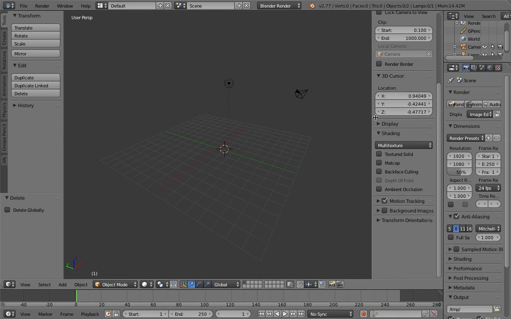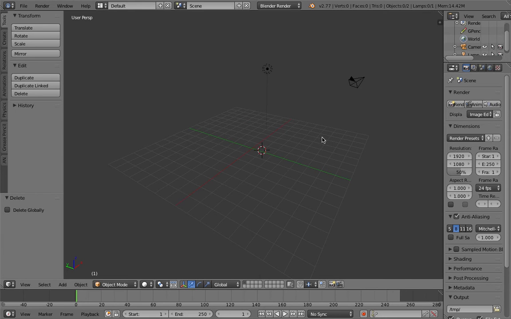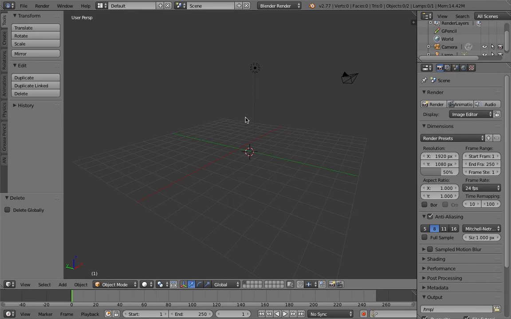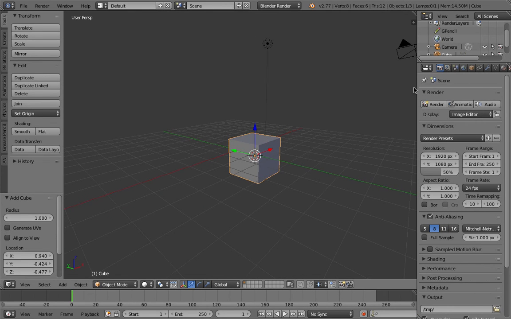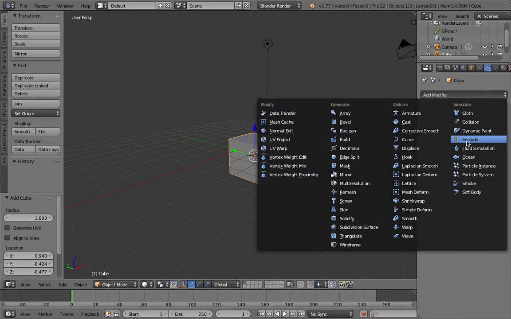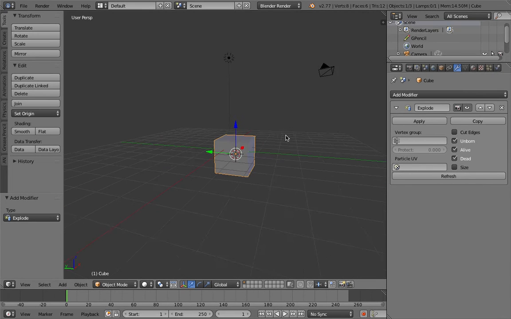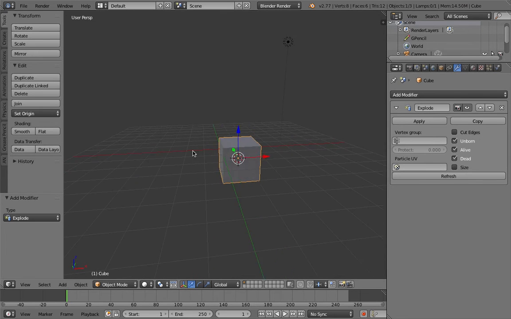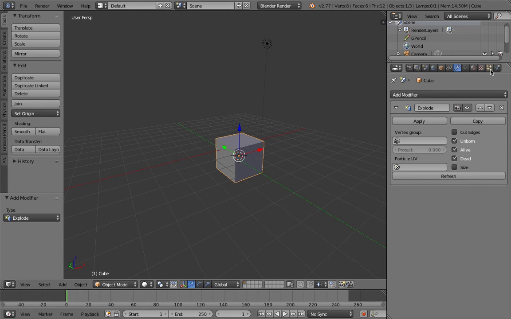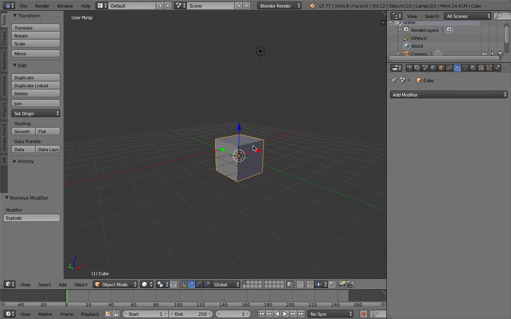If you know the term explode modifier, you might think, okay, I know that Blender has an explode modifier right there. You might have used it. If you haven't, it's actually useful if you have a single object or a bunch of objects. But in order for it to work, you need to use particles. There's a couple of ways to do that actually. Let's say if you have